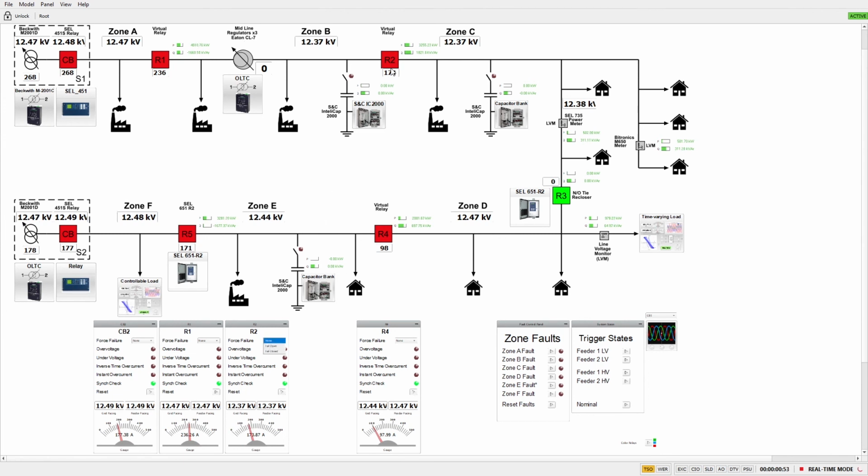If something is wrong with the contactor here though, and it's unable to open, we can simulate that by using the force closed option. Now if we trigger a Zone C fault, we can see that R2 is unable to trip even though it's detected inverse time overcurrent, and instead R1 tripped. We can reset the system the same as before,